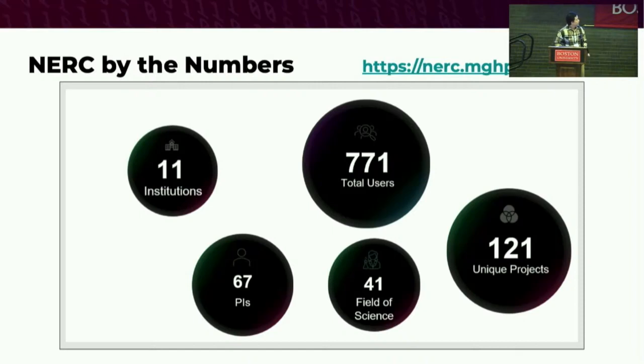So this gives the high-level stats about NERC. You can see there are 11 different institutions, not just BU or Harvard, using NERC. And there are 771 total users, 67 different PIs, 121 unique projects, and 41 unique fields of science. So all these different fields of science have their own research problems and their own use cases that are hosted